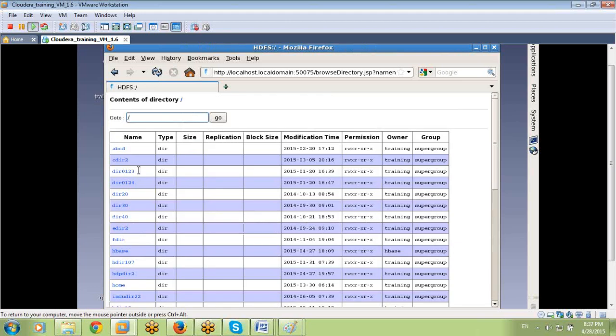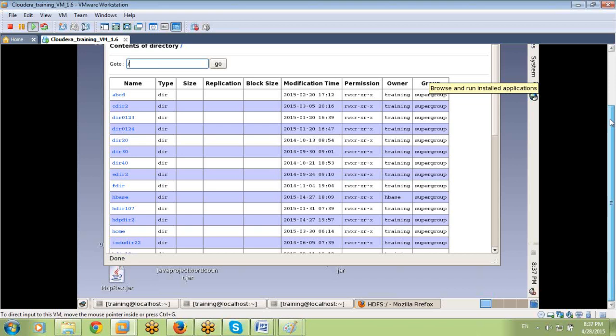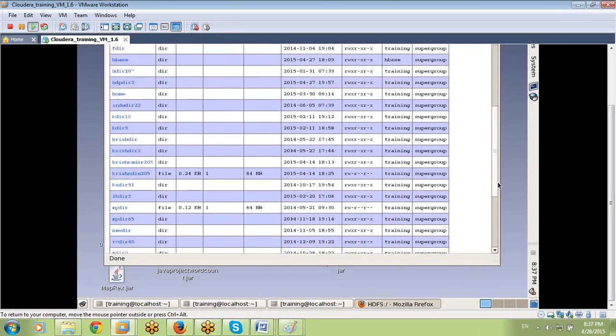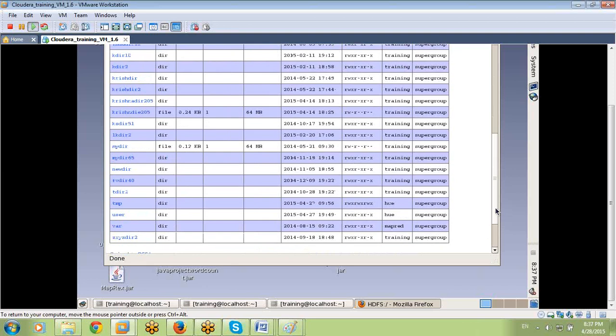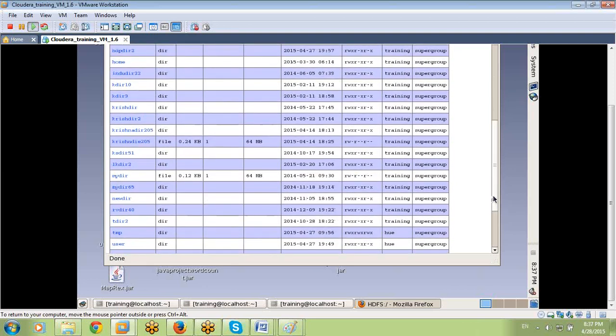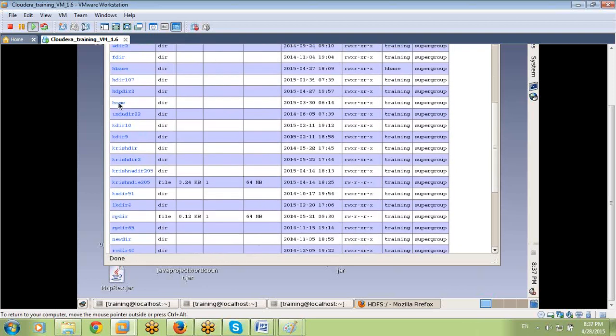Yes, here all our files and directories are available. The files and directories we are creating now are available here only. So here we are creating a directory. Today we are creating a directory with the forward slash or without the forward slash. If we create a directory with the forward slash, those directories are available here only. At the time of creation, with the forward slash, without forward slash, remember.